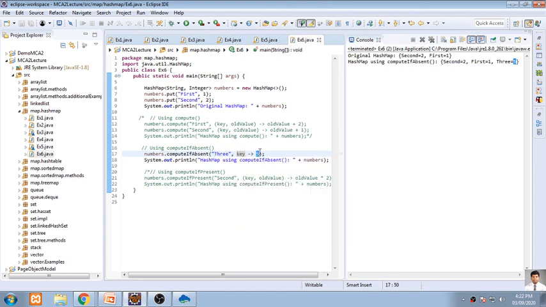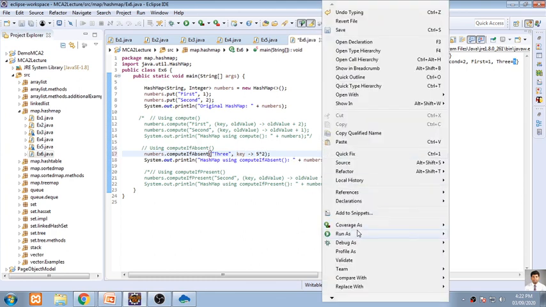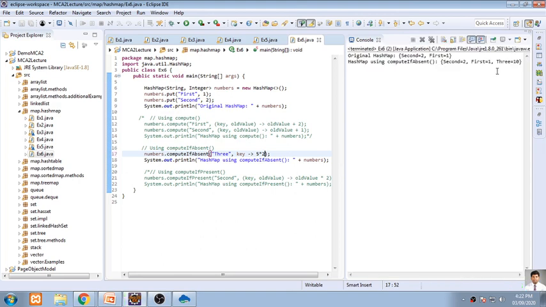I can go for mathematical operations also. So 5 into 2. No problem. Okay. Are you clear with this? Yes.